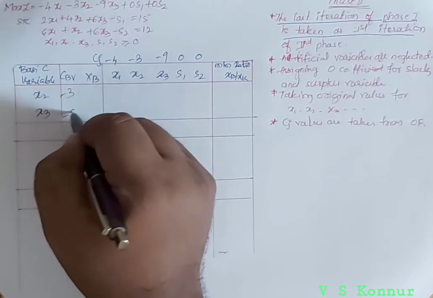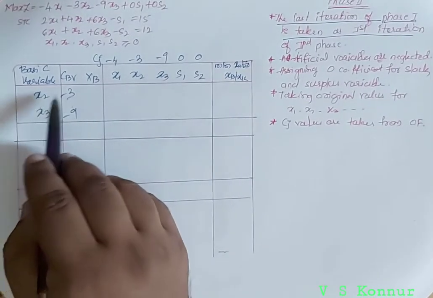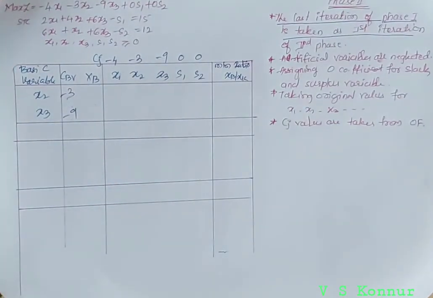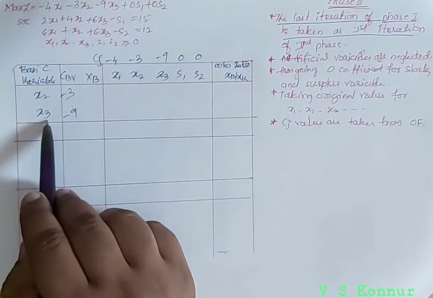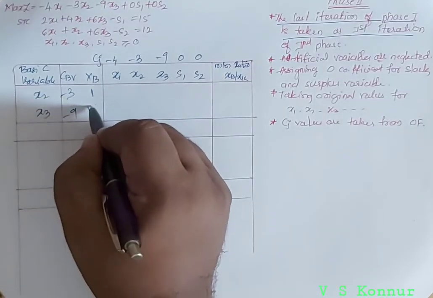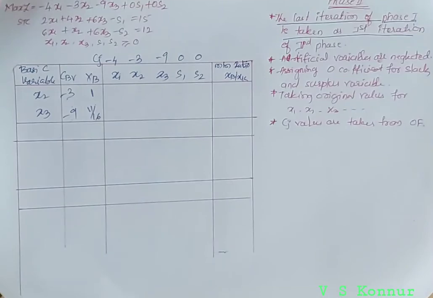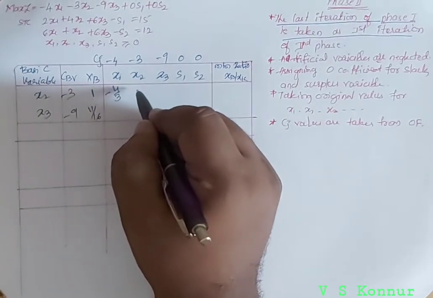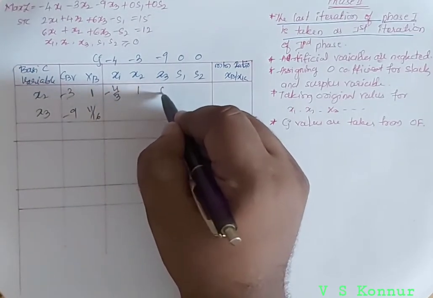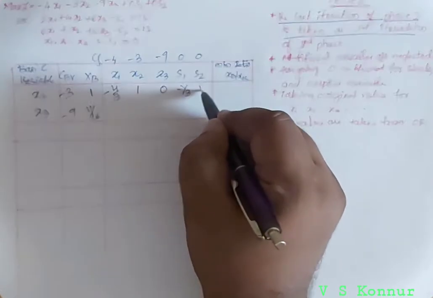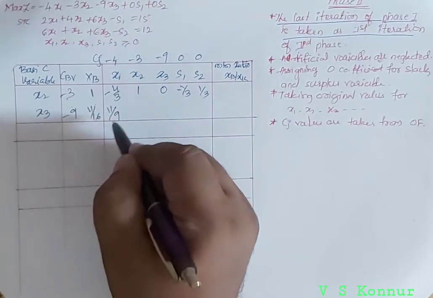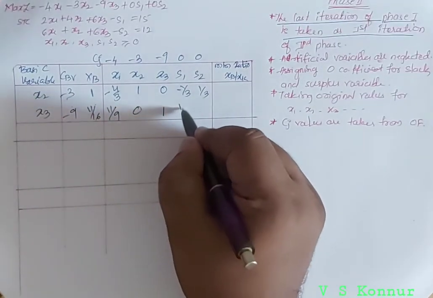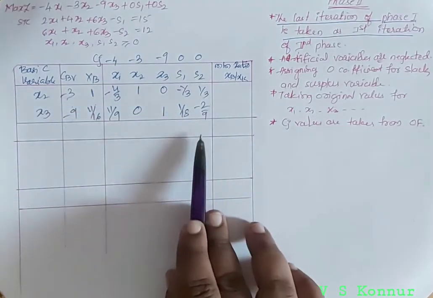It is having minus 3, minus 9. Right, original we have to take, the value of x2 is minus 3, x3 is minus 9. Original, there it has been different. Now we should consider the original coefficient of x2 and x3. xB is left with 1 and 11 by 6 in the last iteration. Now it is minus 4 by 3 here, then 1, 0, minus 1 by 3, 1 by 3, and it is left with 11 by 9, 0, 1, 1 by 18, minus 2 by 9. Artificial variables have been left out.